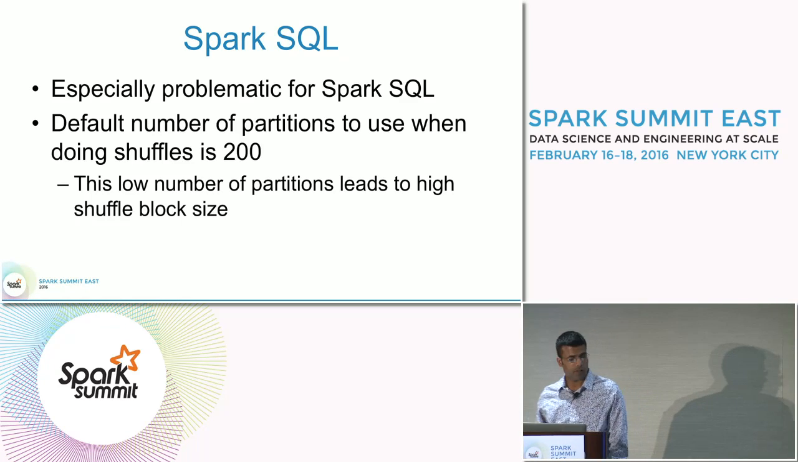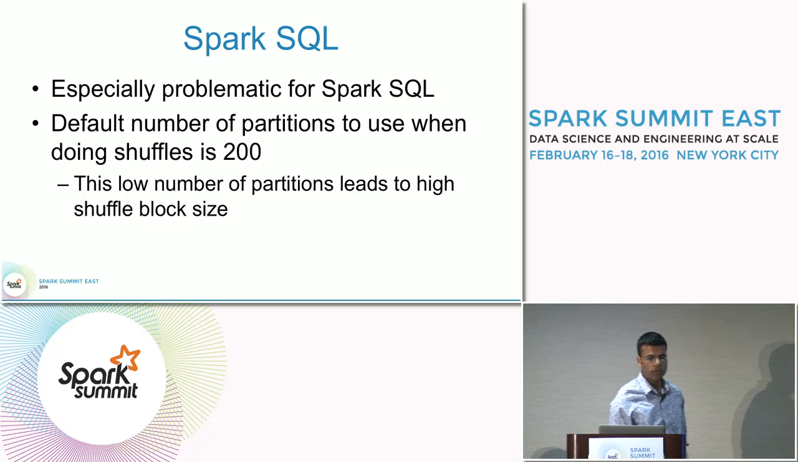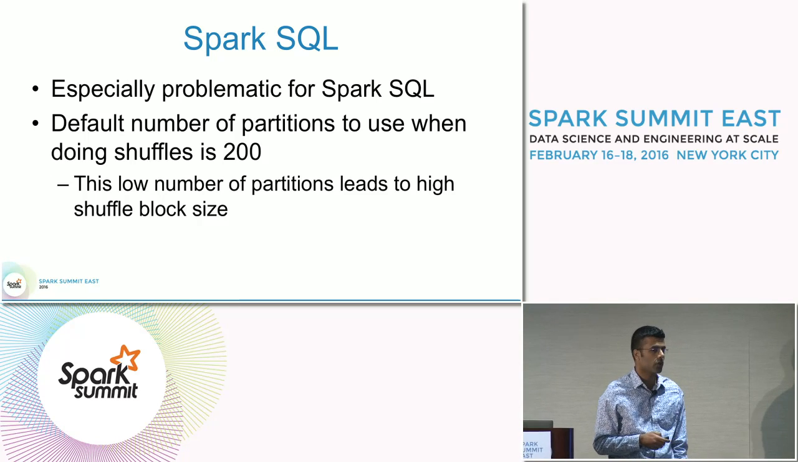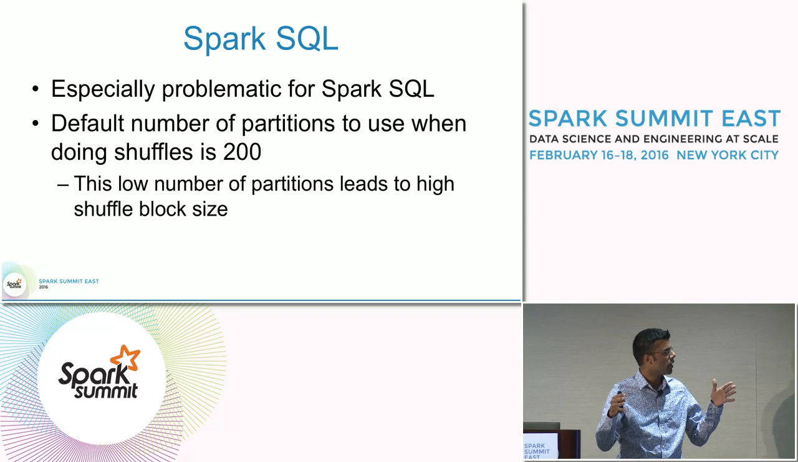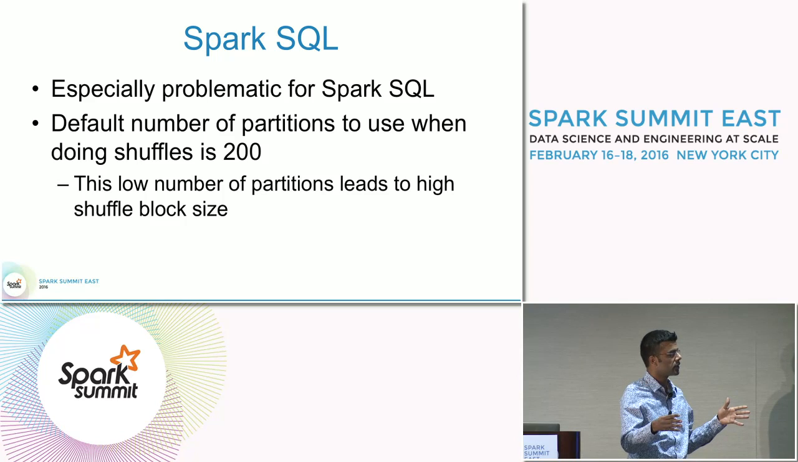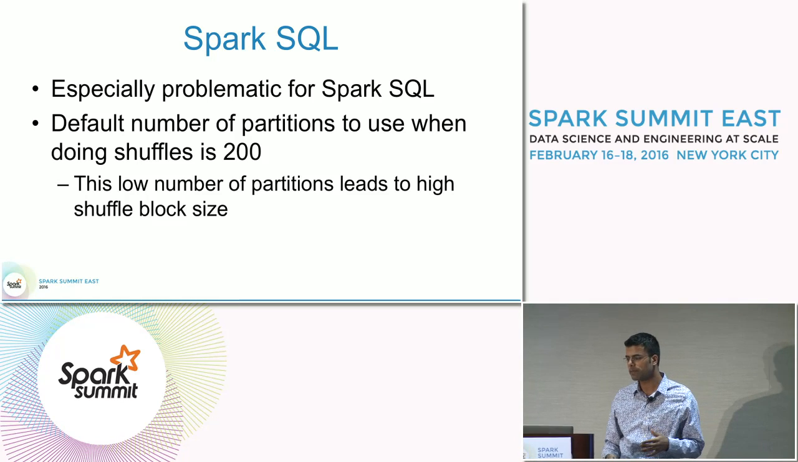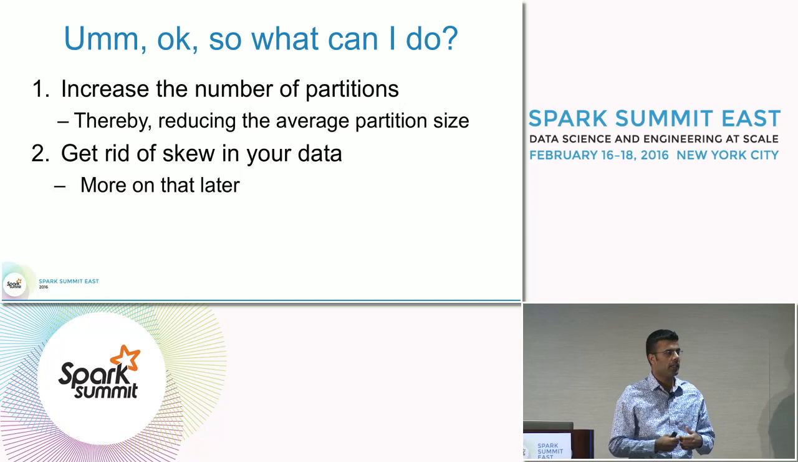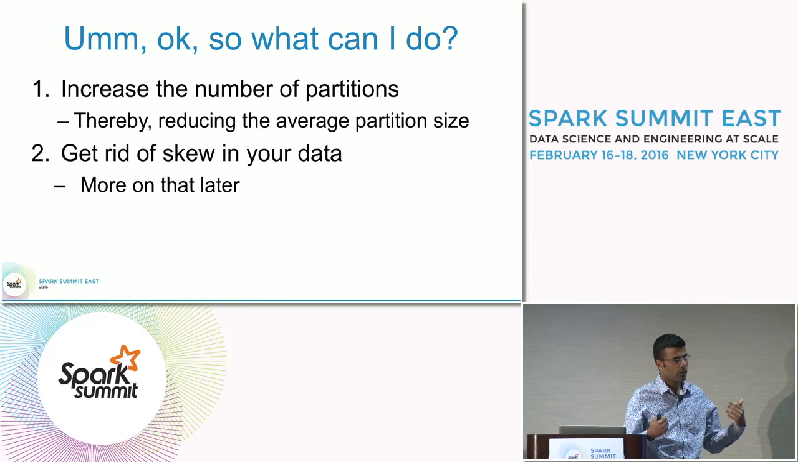Okay, this is especially problematic for Spark SQL because the default number of partitions during shuffle is set to 200. Having this low number of partitions leads to a high shuffle block size, which sometimes exceeds the 2 gig shuffle block limit. So you ask, what can I do? The first thing you can do is increase the number of partitions,